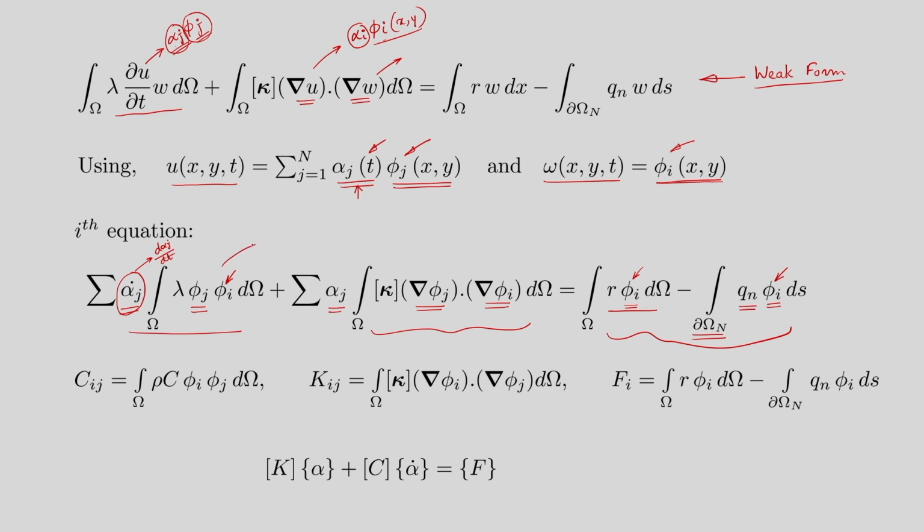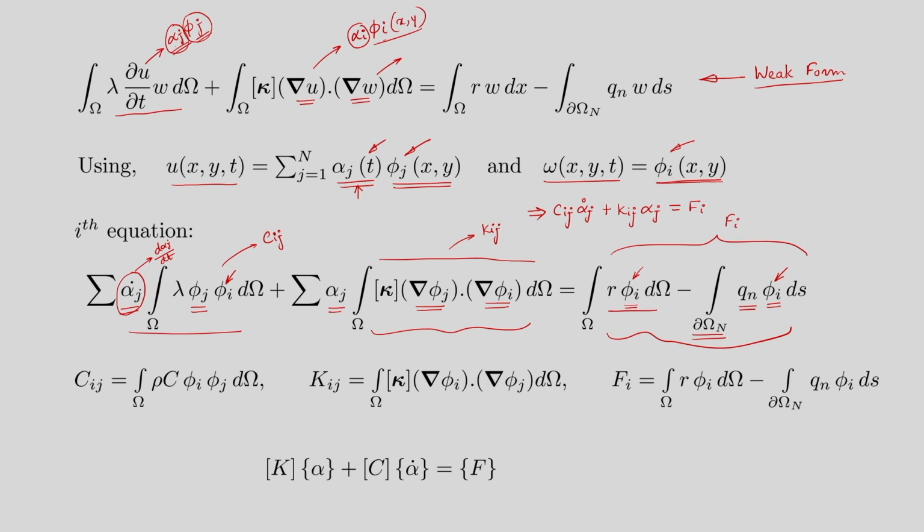So, now the first term, if I refer to only the integral part as c i j, the second integral part as k i j, and the right hand side as f i, because it depends on phi i only, then the ith equation that we got can be represented as c i j alpha j dot plus k i j alpha j is equal to f i,